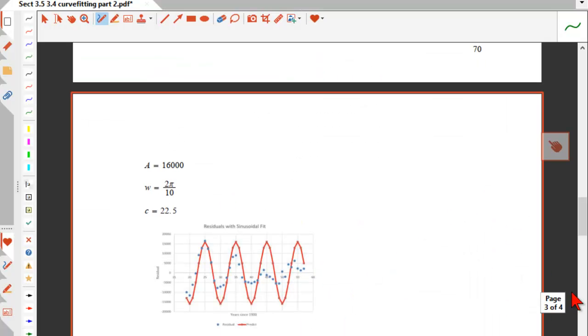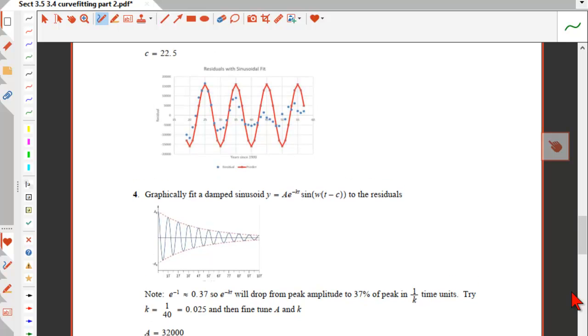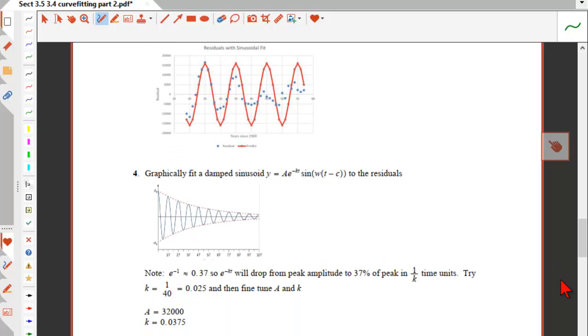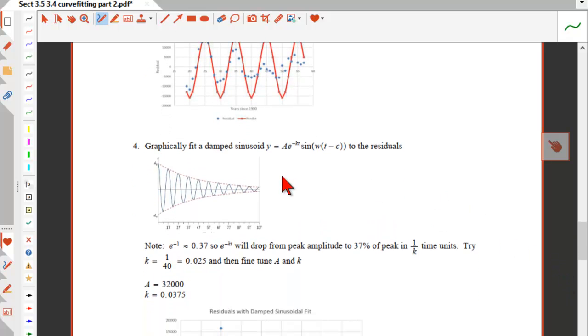So back on the notes, I have gotten to this point where I have the sinusoidal oscillation modeled except for the decaying amplitude. The way we'll do that is to use a damped sinusoid. So what we're going to do is take our sinusoid estimate and multiply it by a decaying exponential. So this is very common in modeling where